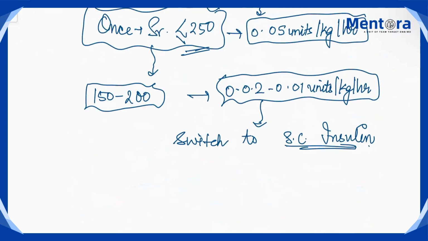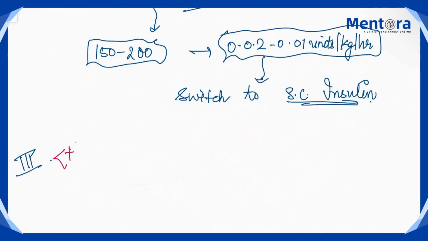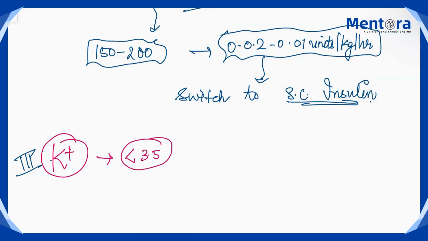Then third is your electrolyte, and the very important electrolyte is your potassium level that you have to look for. Okay, if your baseline serum potassium is less than 3.5 milliequivalent per liter, do not give insulin first, because insulin will further cause hypokalemia. Severe hypokalemia will be precipitated. So do not give